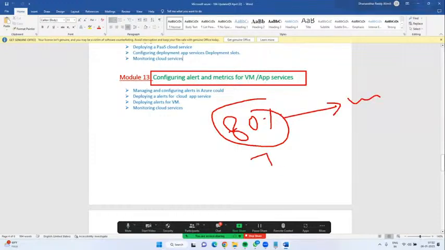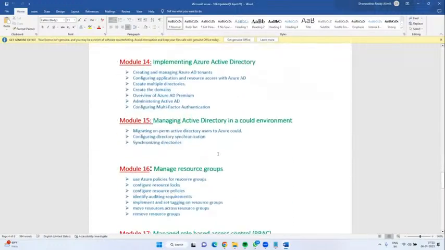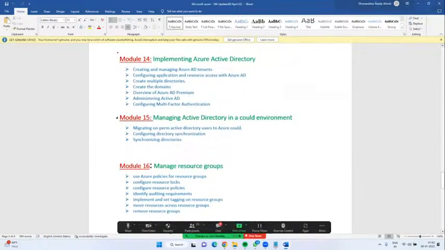If the virtual machine is down or stopped, you should trigger an alert. How to monitor all services in Azure and how to configure alerts for every service, we'll see in module 13. Module 14, Active Directory.